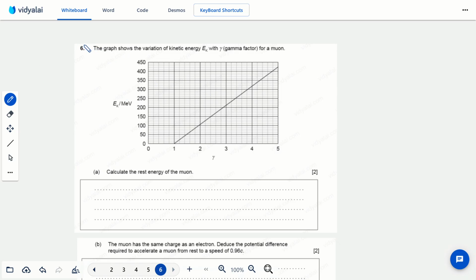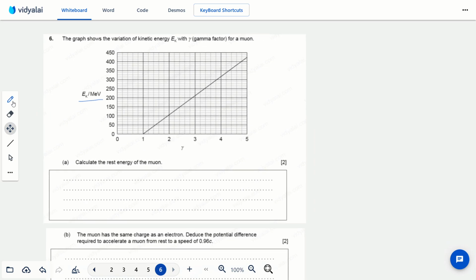Okay, we have the sixth question with us right now, and for this question, the kinetic energy of these muons is related to their gamma factors by this straight line that's plotted in this graph, and we are required to calculate the rest energy of these muons. Okay, so the gamma factor is calculated using this expression, and